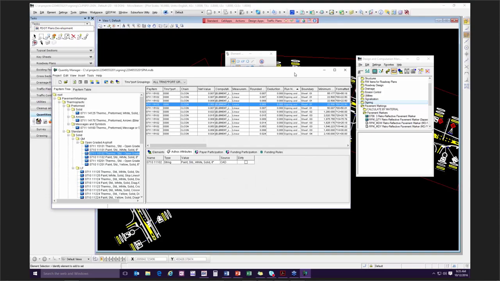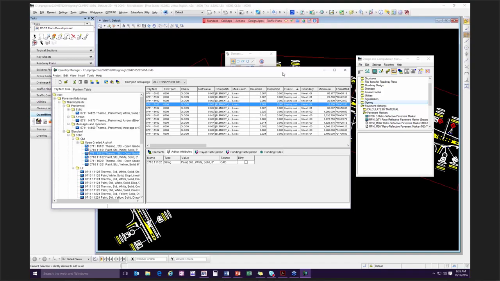Pretty much everything that I wanted to talk about as far as Quantity Manager. It's really just an overview, because with traffic plans, typically we just don't have to go into this dialog box very often. Oh, one other thing. It's probably easier with this workflow to just simply overwrite the entire database, create a new one. If you've got to go in and say they change a turn lane on you at the last minute,